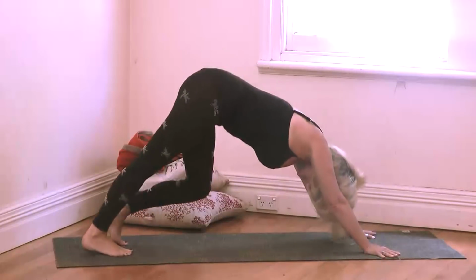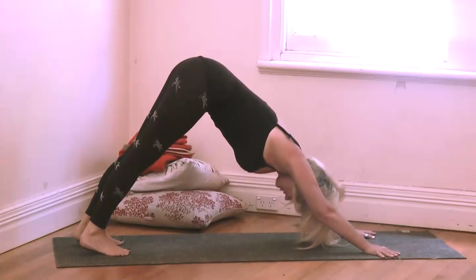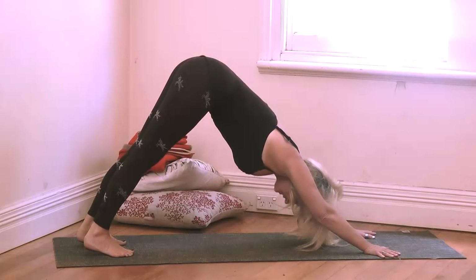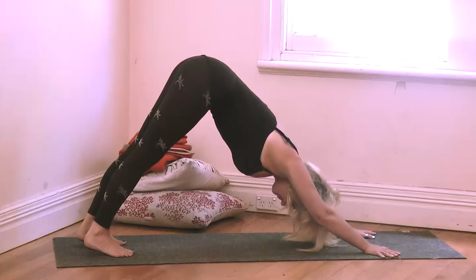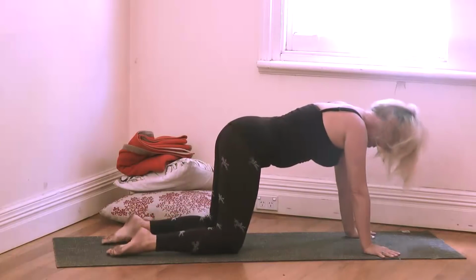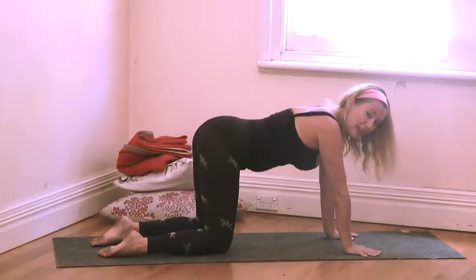Lowering one heel at a time. Inhaling and exhaling, releasing here. And just bring the heels down towards the mat, taking a deep breath in downward dog, balancing the whole of our endocrine system. And then inhale, coming back into cat. And we're going to practice that again, going through breath for breath,